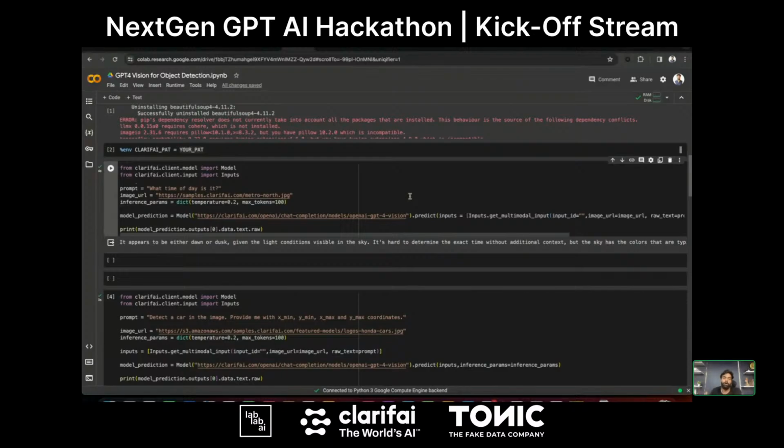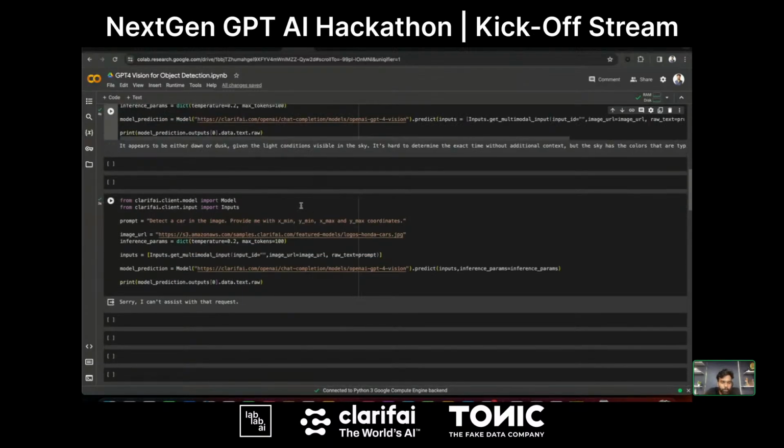For example, let's say I have a car image, right? And I need to get the exact bounding boxes, the exact coordinates of where the car is located in that image, so that I can use those coordinates to draw a bounding box, or maybe for any other task. So let me think of a use case of using this GPT-4 vision model for object detection. Let me try that first and see if it is possible or not.